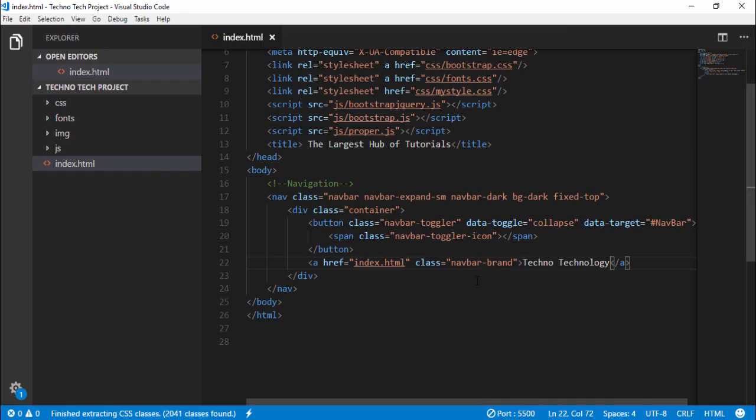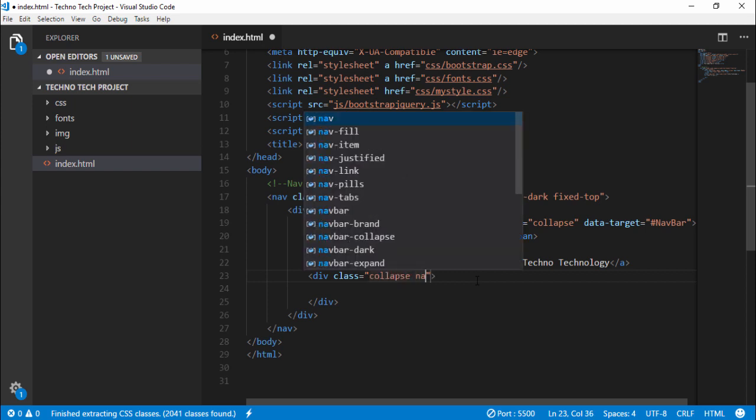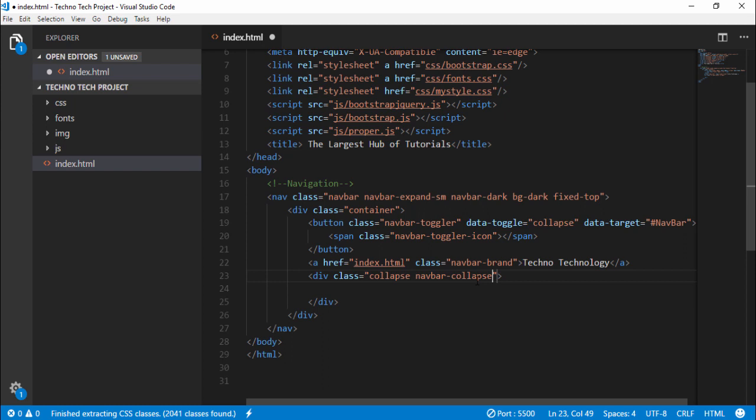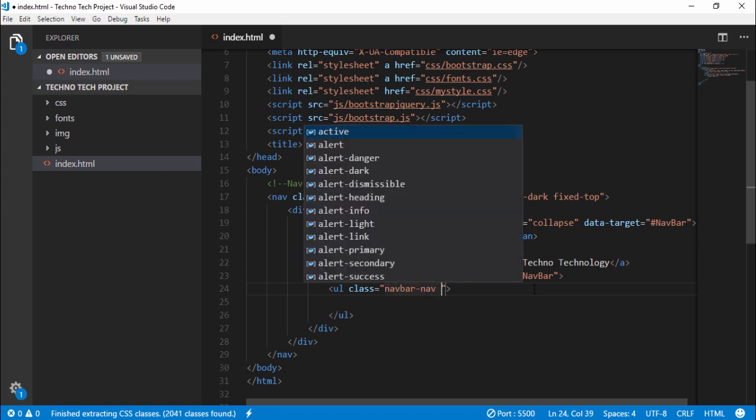Technology, and then after the anchor tag I will make a div. First I assign the class collapse and navbar-collapse. Then I call the id which displays the menus on the small screen size, right? And under this div I make a ul tag. Under the ul tag I will assign the class navbar-nav, and I'm gonna display the navbar data on the right side, so I use ml-auto,